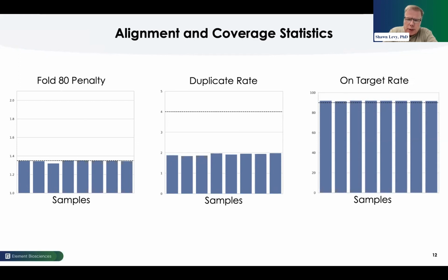We have some additional studies, we're happy to share the data, where we've taken similar samples and sequenced them very, very deeply on the AVITI technology. I think most assumptions are that with exome analysis, as you get to several hundred X to maybe even approaching 1,000X coverage, your duplication rates become very unmanageable. What we found is there is perhaps for many samples an overestimate of the percentage of duplicates that come from PCR versus those that come from optical duplication on the sequencing platform. Because as you see here, in this case, a 100X exome, we're maintaining duplication rates below 2%. And in fact, we have examples of data at greater than 2,000X coverage in exomes where our duplication rates remain comparatively very low, in the teens to low 20% range,